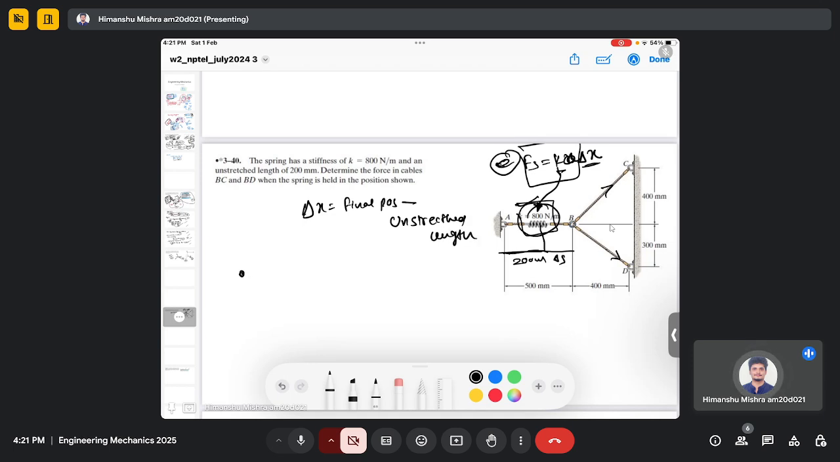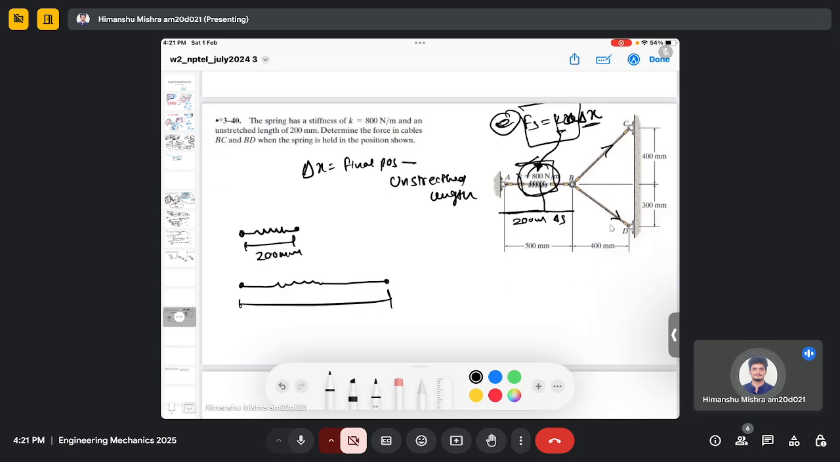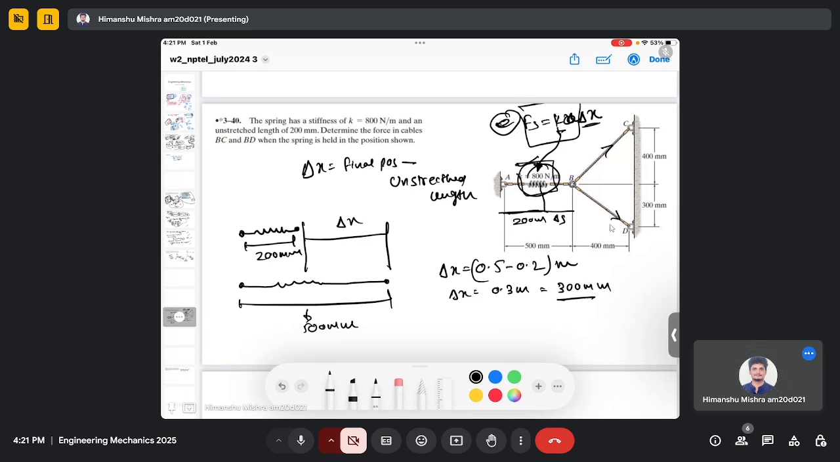So basically, let's consider this is the spring you had. It has the unstretched length of 200 millimeter. You have not stretched the spring, but then let's say you stretch the spring, and this is the new length, and this is given as 500 millimeter, which means the difference here is delta x, and this delta x is 0.5 minus 0.2. So here I'm writing in meters, so it will be 0.3 meters or 300 millimeters, and the spring